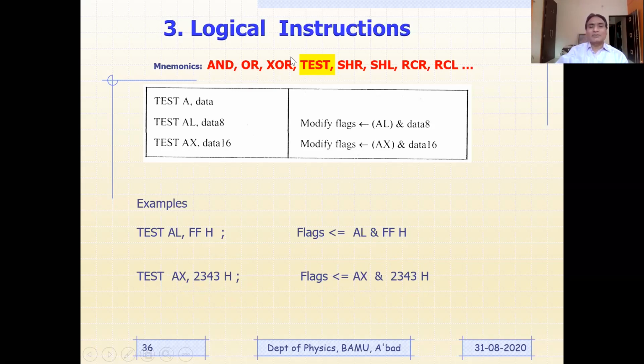Out of these, for the three, you need to remember only the truth tables of AND, OR, and XOR. Otherwise, you will not be able to process. Whenever I give you an example in the examination, you will not be able to answer unless you remember the truth table, right? And TEST is the same as AND; only in case of AND, both the destination register as well as flags are going to be modified, whereas in